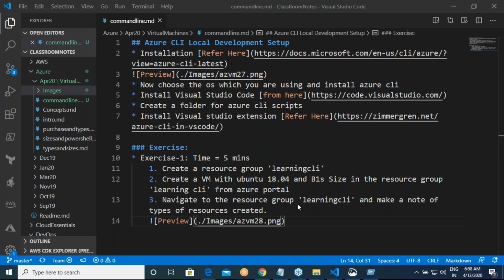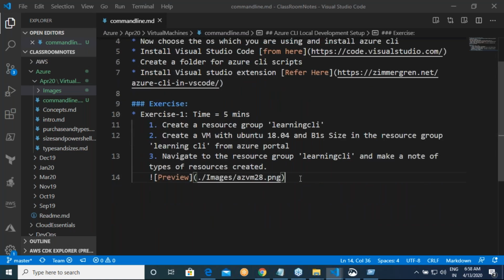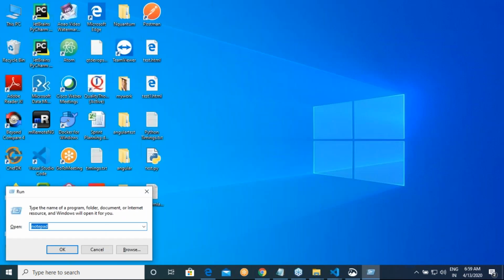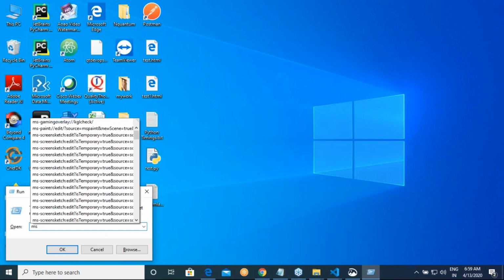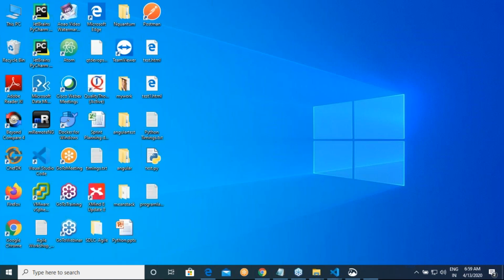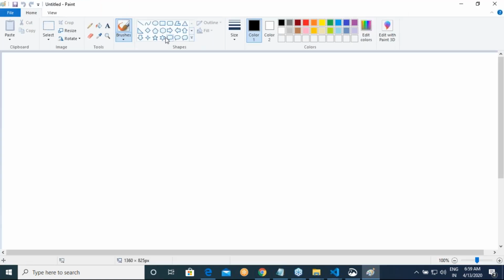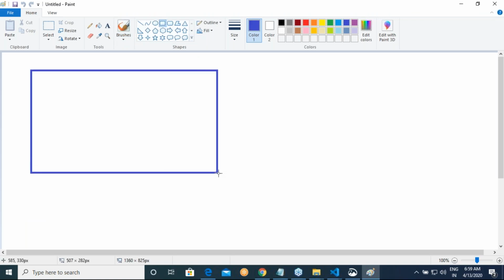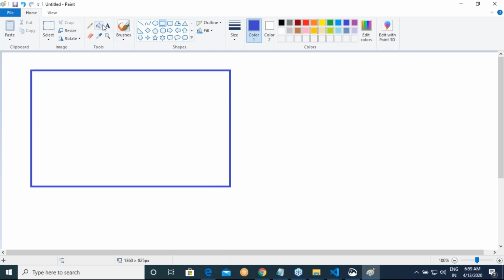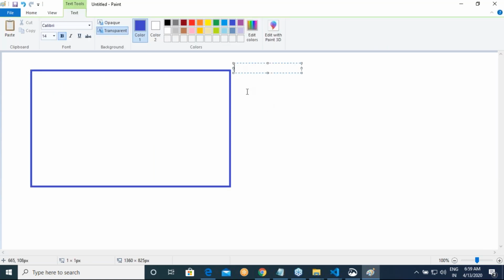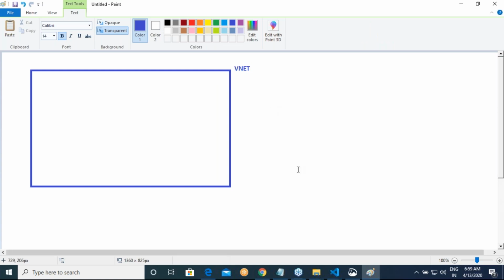Let me try to explain to you what has happened. So, findings. Whenever you create, you might have created directly a virtual machine, but an Azure virtual machine, for it to be running, requires a network, and that network is called a VNet.